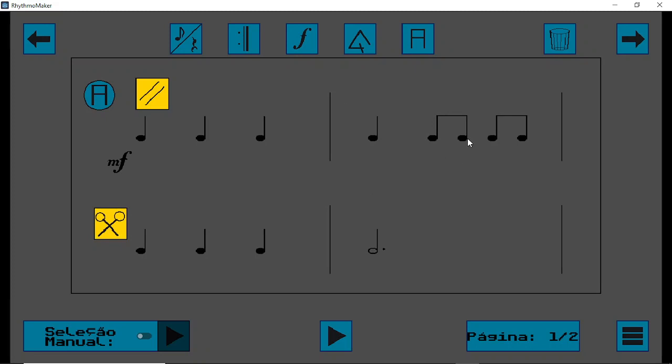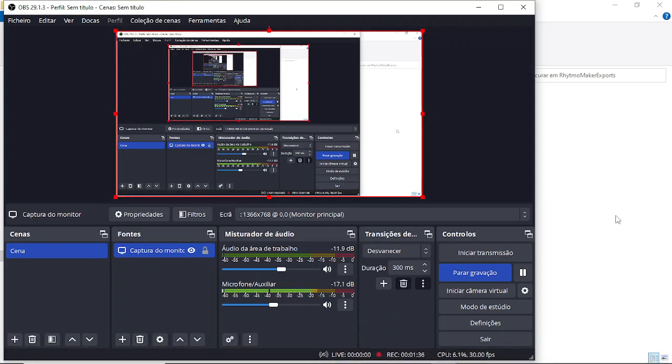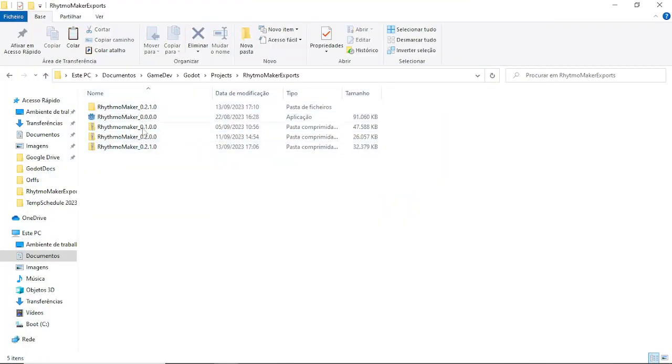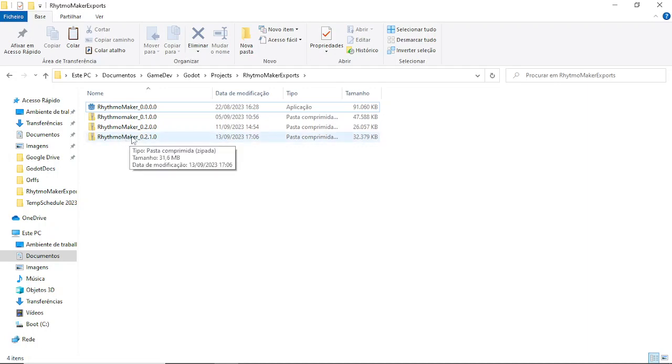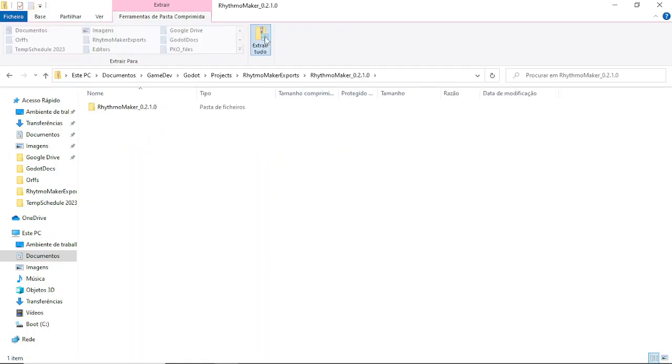So I'm going to close this, and we have here a folder with the different versions. We will be focusing on the latest one, which is 0.2.1. This was the one I was using. I'm going to delete it because the download will send this to the computer. So all that one has to do is extract it,